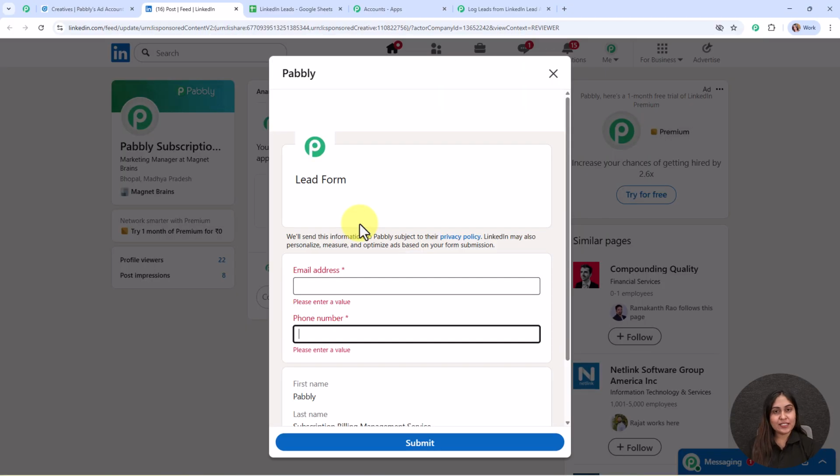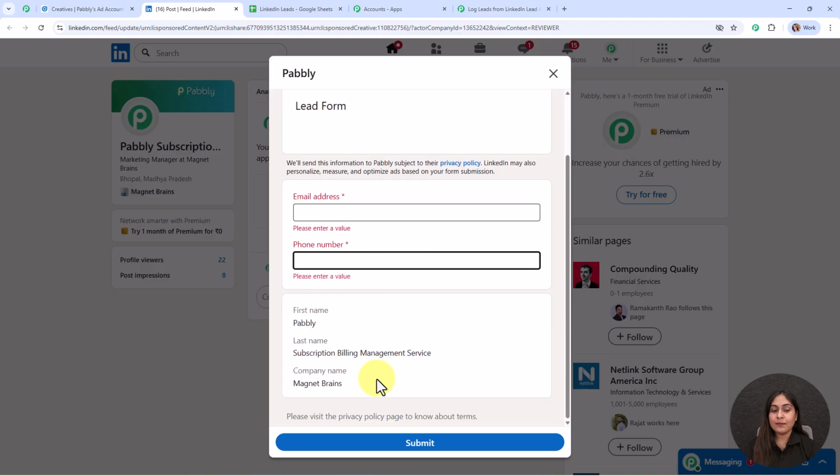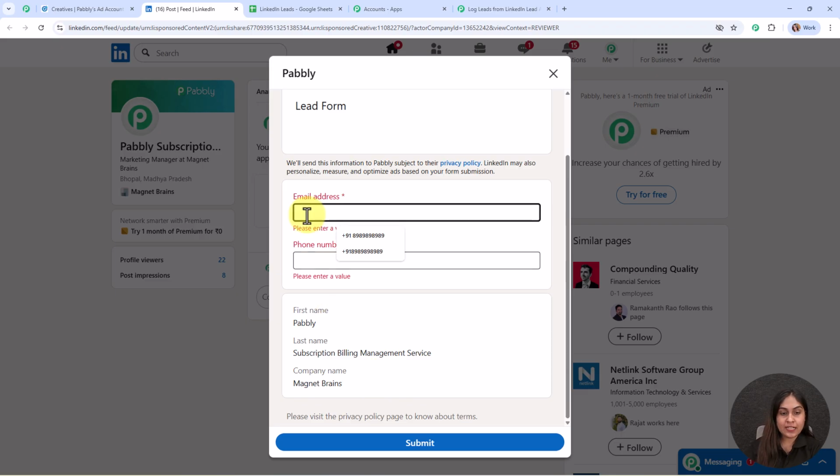And now here you can see it is asking me to enter the email address and the phone number, whereas the first name, last name and the company name are static values. That means these values are fixed and we cannot change them over here. The reason is that this is a test lead form that I've created in my LinkedIn account. But if you're running a live lead, then automatically your lead is going to receive the option to enter all the new details. So for now I'm going to enter the email address as